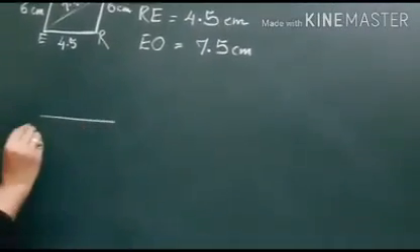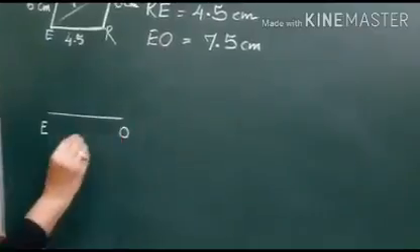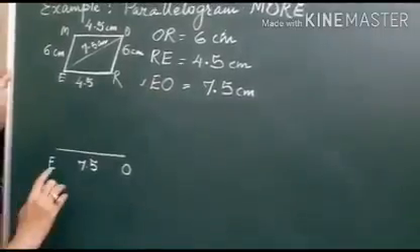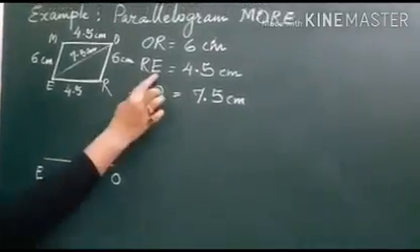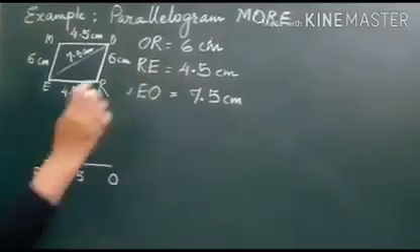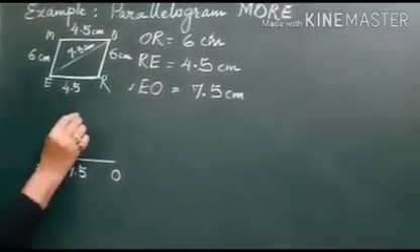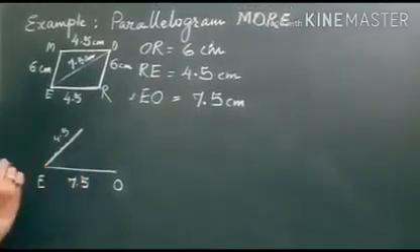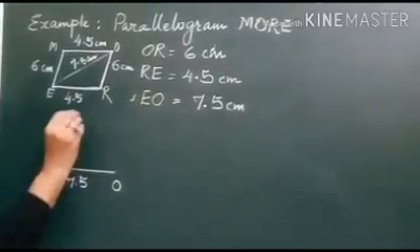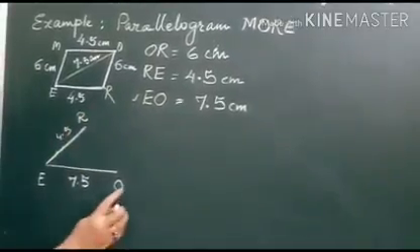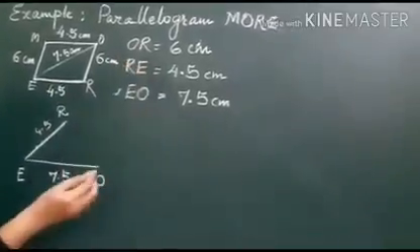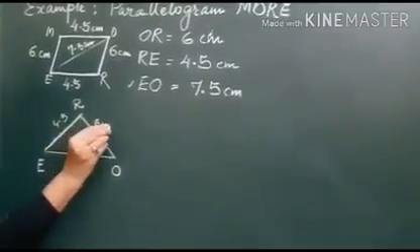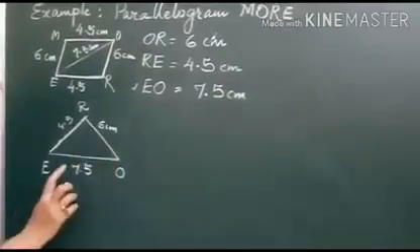First we will draw EO, which is 7.5. We'll draw it like this. So this part we'll draw first. Then from E, one side is ER, which is 4.5. So we will draw from E one side, which is 4.5. This side we will draw with the help of compass. Remember, this is 4.5. Somewhere here you will have your R. From O you have one more side, that is 6 centimeter. So from O you will draw one side 6 centimeter, but not with a scale, with the help of compass. This is a rough figure, remember.